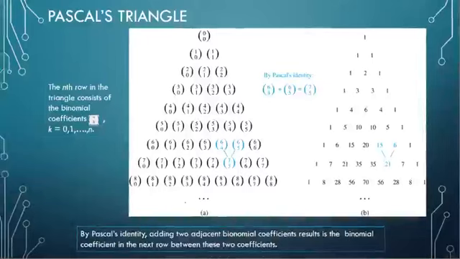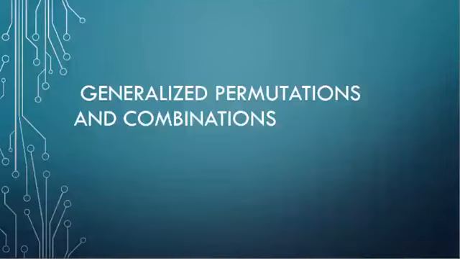After that, the next topic is generalized permutations and combinations. In generalized permutations and combinations, we will study what happens when we are supposed to take permutations with repetitions or combinations with repetitions. Every time we were speaking about distinguishable objects, but if we have indistinguishable objects, then what kind of formulas are we supposed to use? These types of problems will be taken in generalized permutations and combinations. So one scenario will be elements being used repeatedly.